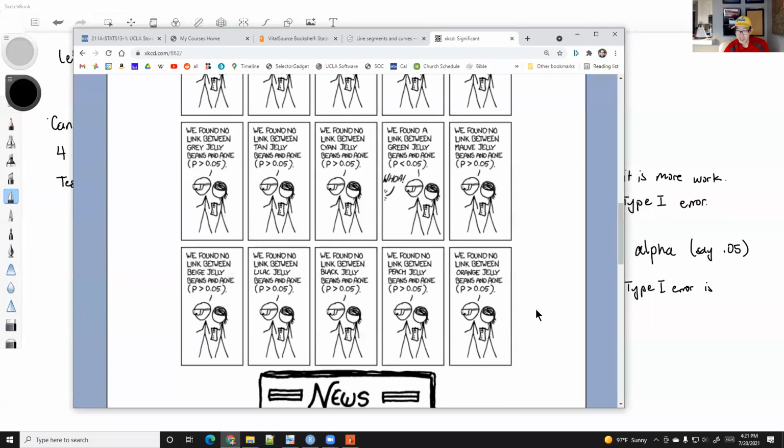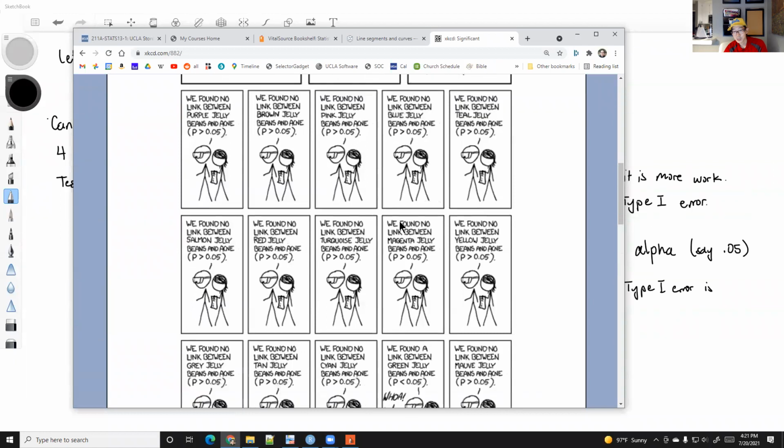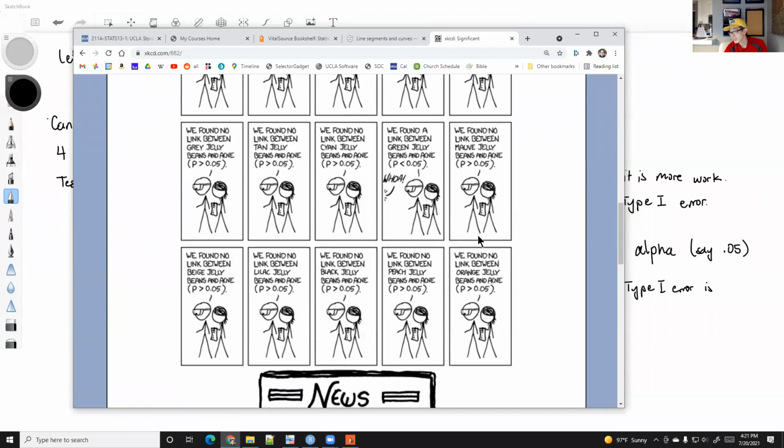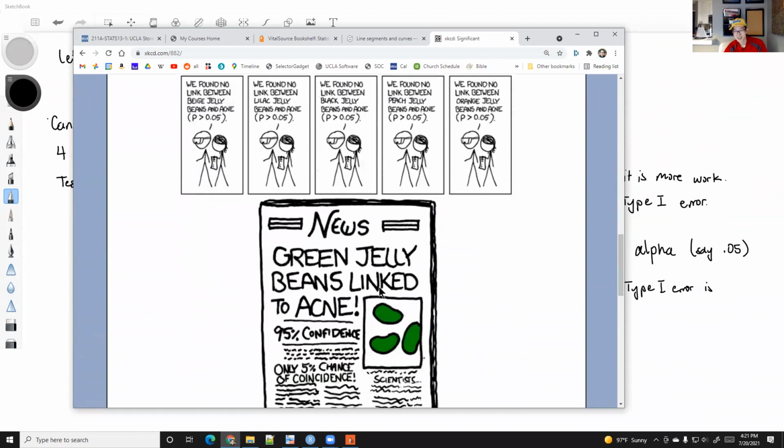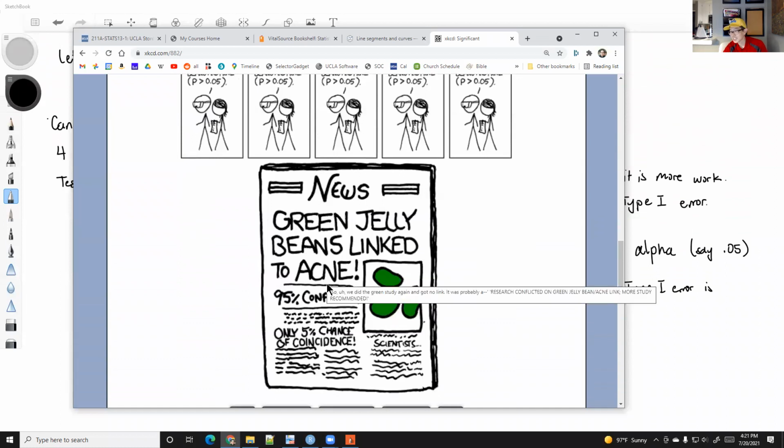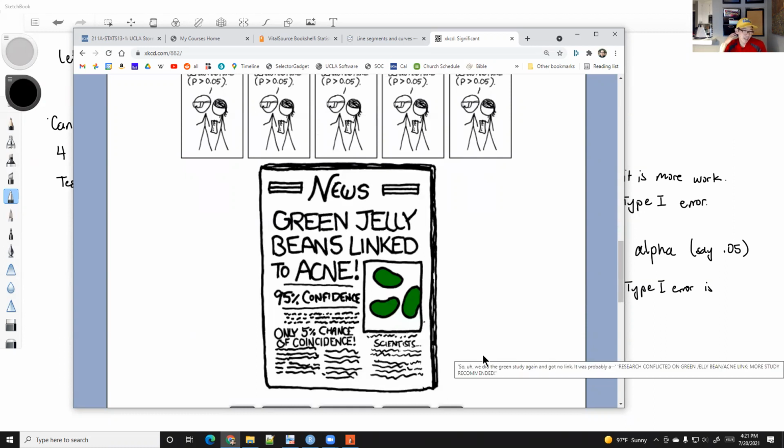Okay, so they conducted basically 20 of these different hypothesis tests, okay? And one of these says we found a link between green jelly beans and acne, p less than 0.05. So of course, what is the news that gets printed? Green jelly beans linked to acne, 95% confidence, only a 5% chance of coincidence. Okay, and based on this,